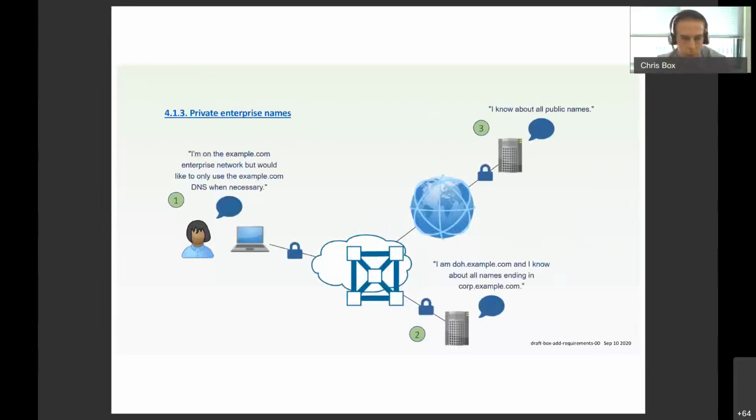And the final one is the enterprise one. So this is when the client connects, and this may not be via a VPN, so there may be a direct connection into the enterprise network. But this end user only wants to use the enterprise DNS when necessary. For other names, they want to use public resolvers. So